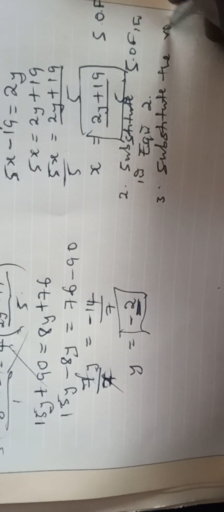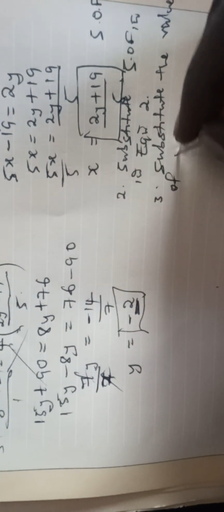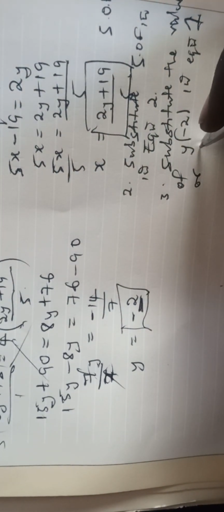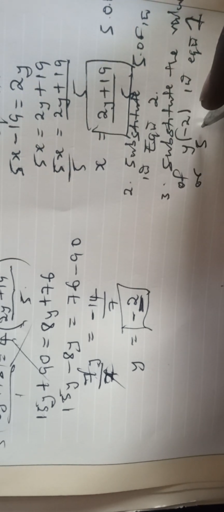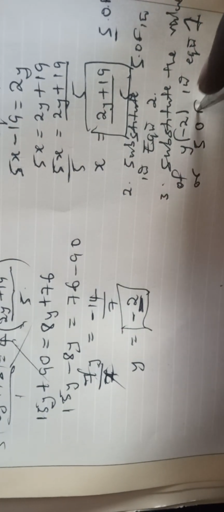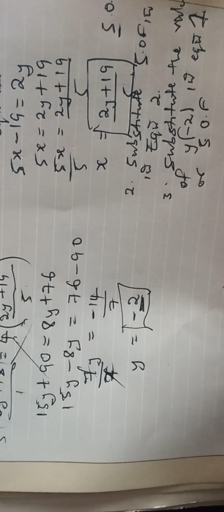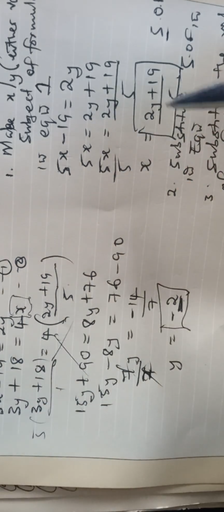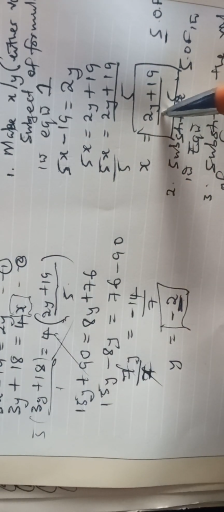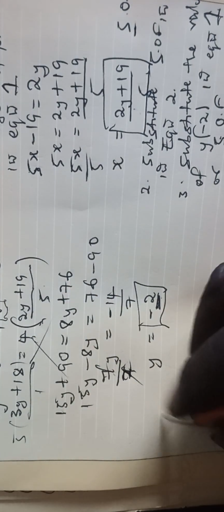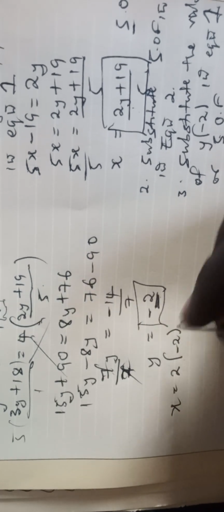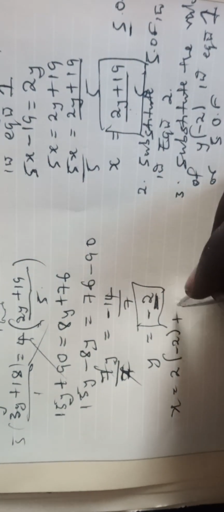the value of y that we found, which is -2, in equation 1, or in our subject of formula. You are going to find the same value if you substitute this -2 in equation 1, or in this subject of formula. So let's take the subject of formula first, which is x is equal to 2, the value of y, -2. We are substituting it on y, plus 19